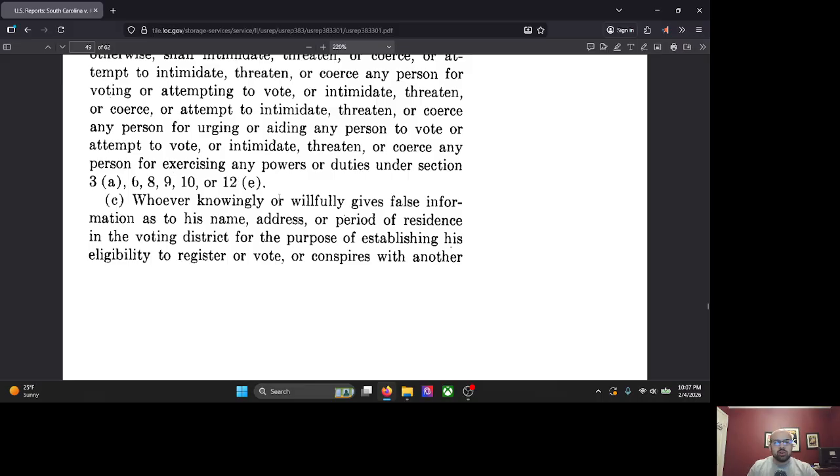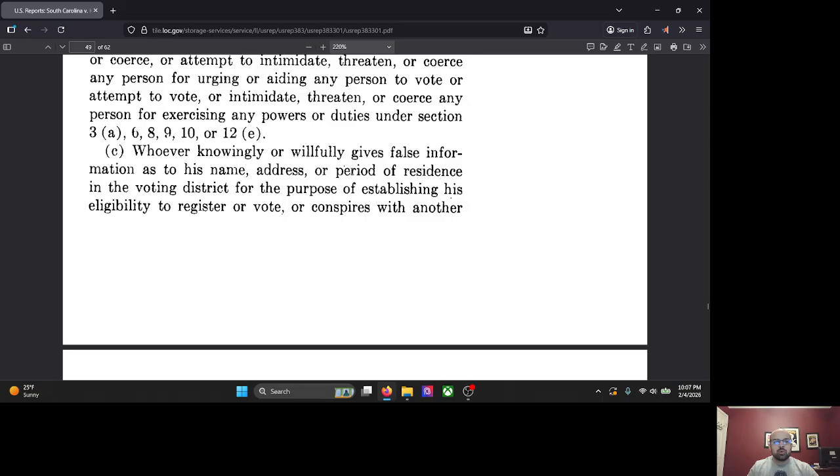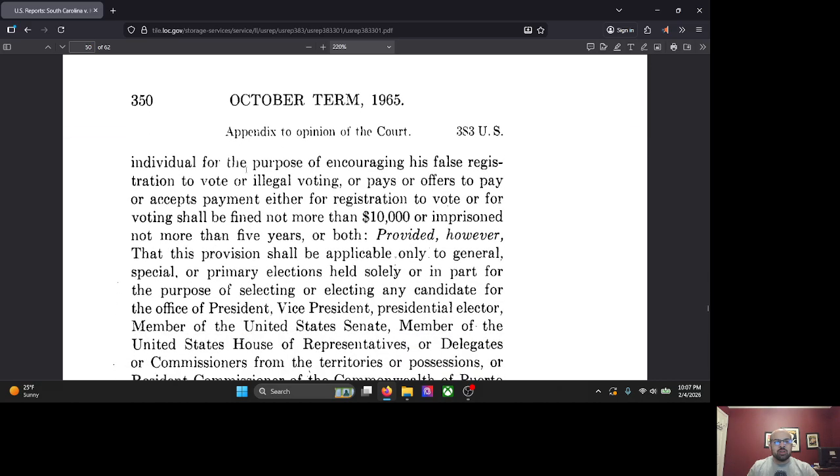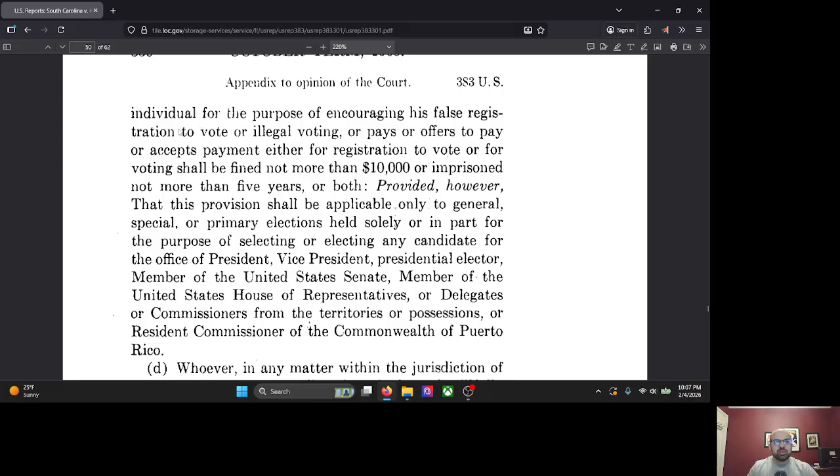C. Whoever knowingly or willfully gives false information as to his name, address, or period of residence in the voting district for the purpose of establishing his eligibility to register or vote, or conspires with another individual for the purpose of encouraging his false registration to vote or illegal voting, or pays or offers to pay, or accepts payment either for registration to vote or for voting, shall be fined not more than $10,000 or imprisoned not more than 5 years, or both,